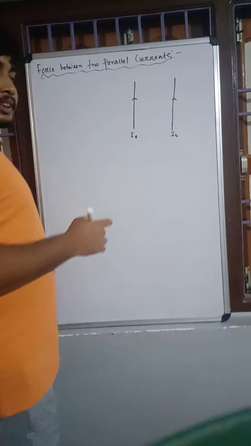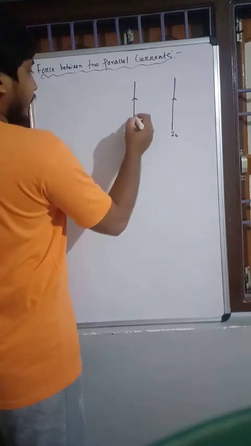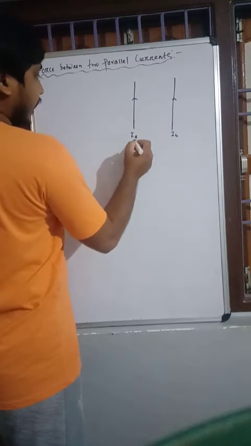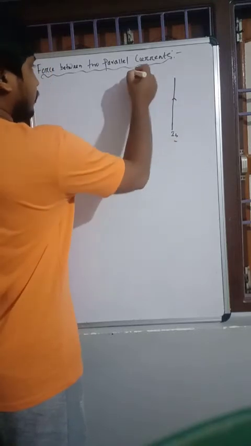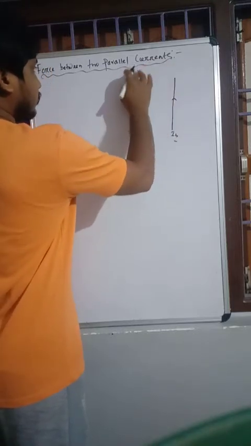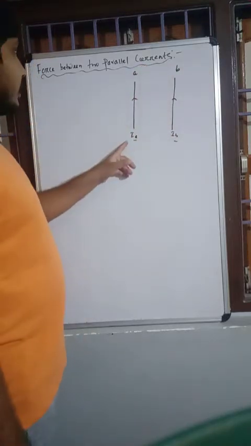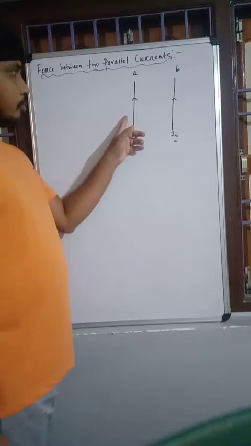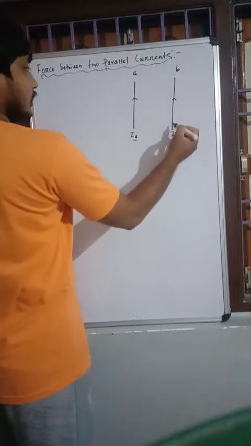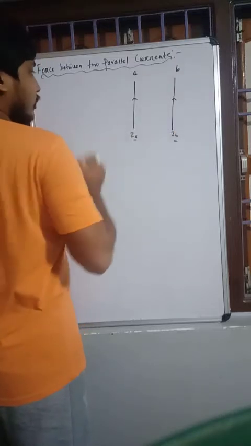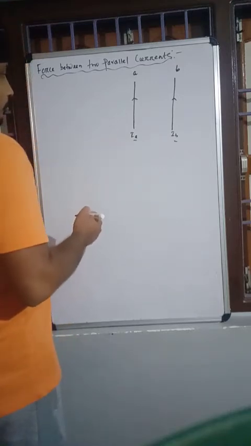current carrying conductor produces magnetic field around it. So here, what will be the magnetic field produced by the current element IA? In this conductor, better I name it conductor A, conductor B. So in the magnetic field of conductor A, conductor B will be present, and in the magnetic field of conductor B, the current element A will be present. So let us first calculate with A.